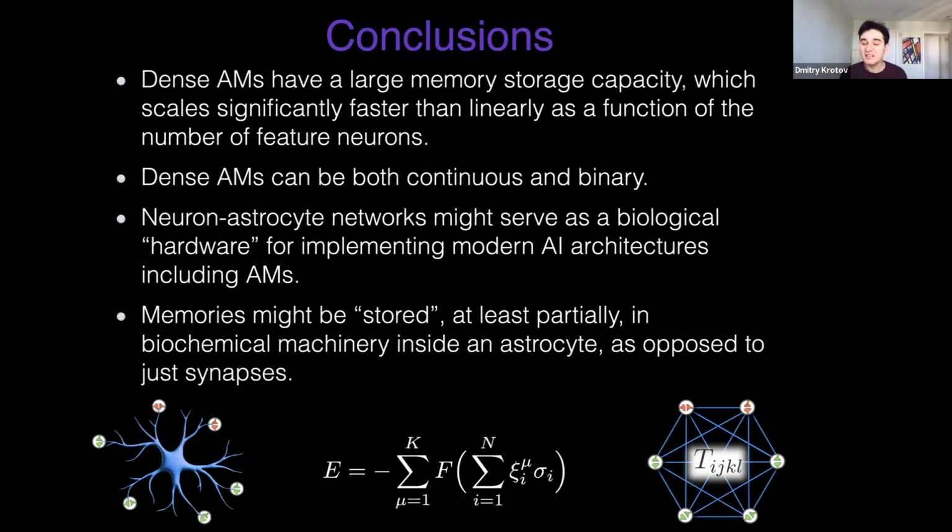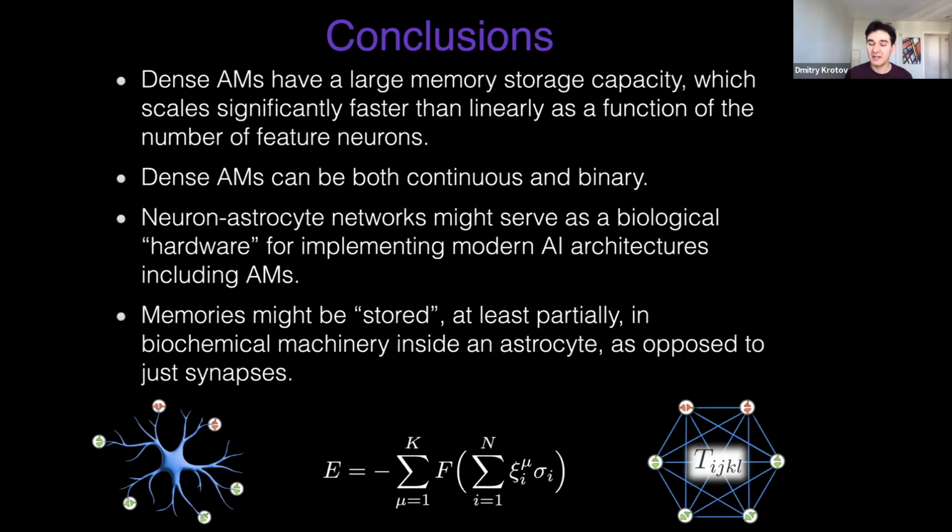Essentially, dense associative memories is a very interesting class of models. It's not just one model. It's a class of models that have a certain degree of freedom in terms of what kind of nonlinearities you can put in the right-hand sides of these equations. Some of these dense associative memories end up being quite helpful for various AI applications. Some might be helpful for certain ways of thinking about neurobiology. Dense associative memories can be both binary and continuous, and there is a reasonably well-developed theory of both kinds of descriptions of these networks.